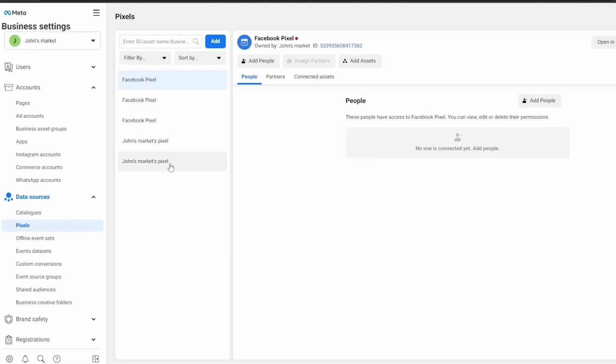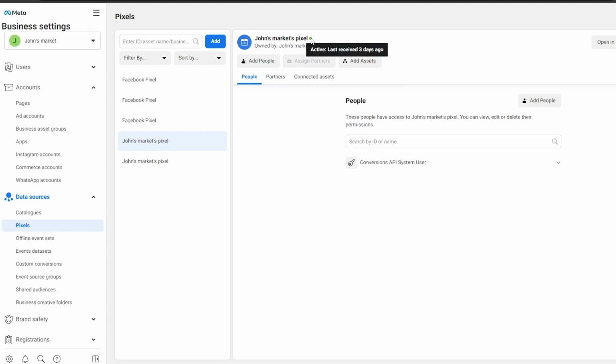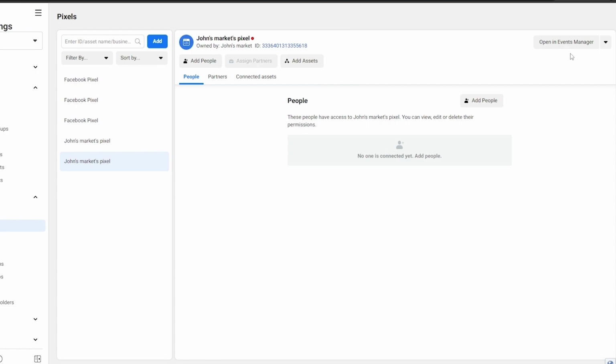And over here, as you can see, we have the pixel right here. So we have two pixels. We can change the names later. But over here, as you can see, one was created earlier. As you can see, it's active, whereas the new one, it's not active. So green dot means active, red dot means inactive. So in order to activate this pixel, what we need to do is we need to open up